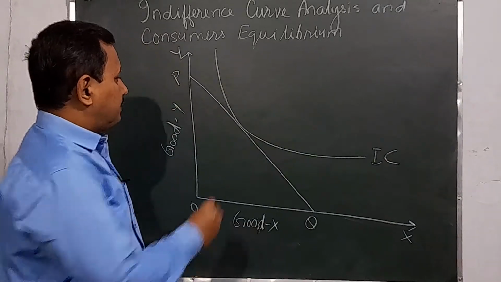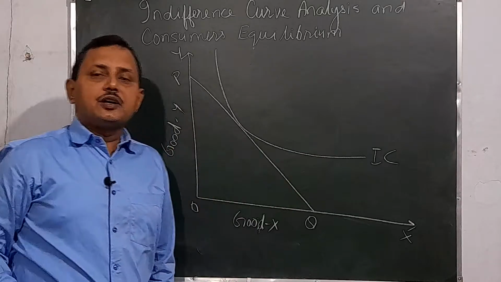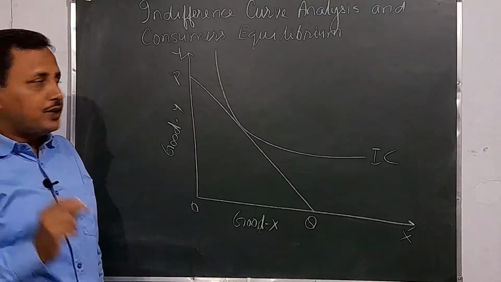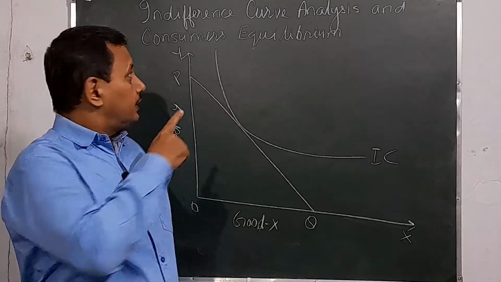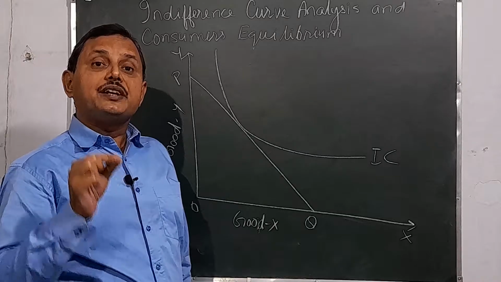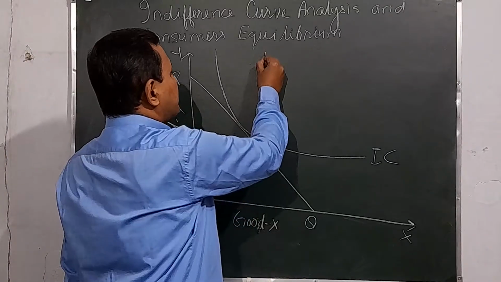Okay, now here I have shown the indifference curve as IC and PQ is the budget line of the consumer. Now, what is the condition of consumer equilibrium? So, in case of indifference curve analysis, the consumer is said to have reached equilibrium when two conditions are satisfied. The first condition is